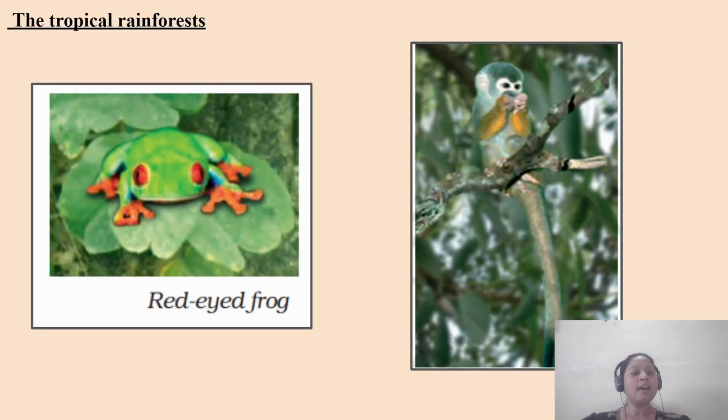Now, tropical rainforests. The rainforests are basically the apt places, we can say. There is a proper balance of day and night here, and there are several organisms that flourish in tropical rainforests. The tropical rainforests are basically found in India, Uganda, and such other different countries. Okay, so some of the examples which we can look into are some